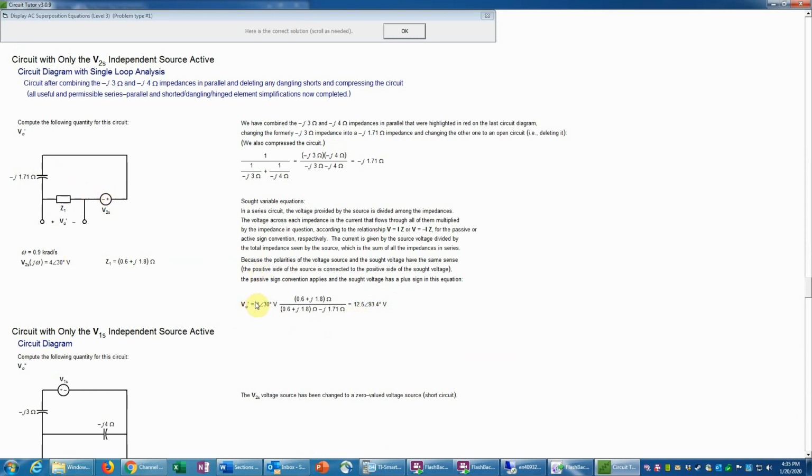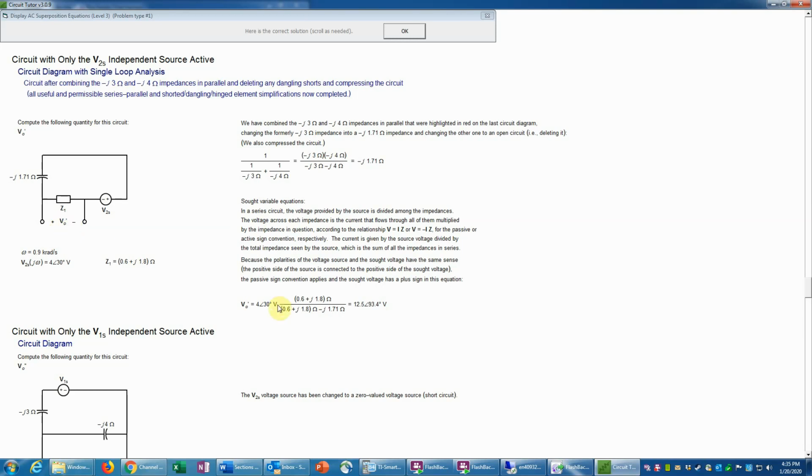And so we would use the standard voltage divider formula. And remember that this variable now, the sought variable, is now primed because it's due to one source only. So it's a part of the total V0 variable. That's why it's denoted with a prime. And that's inserted automatically by Circuit Tutor, but you would have to remember to do that if you're doing it